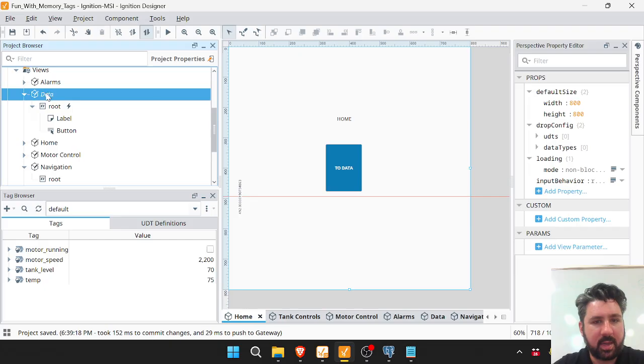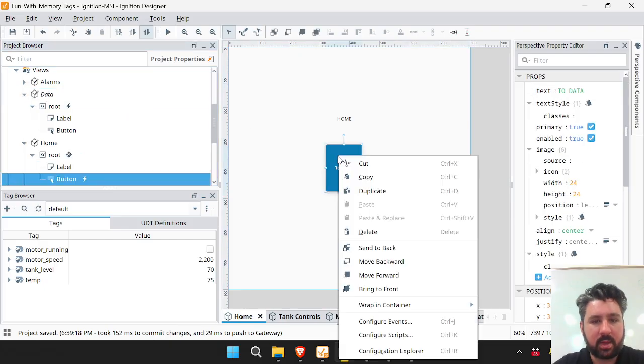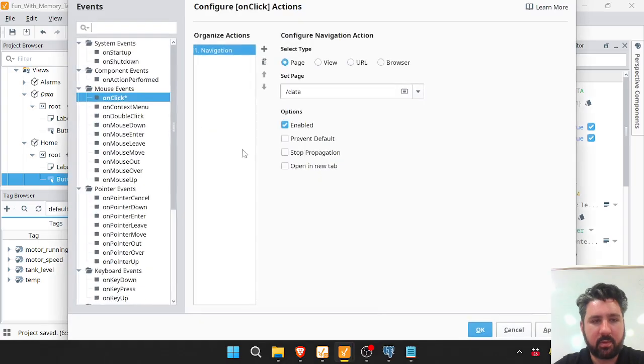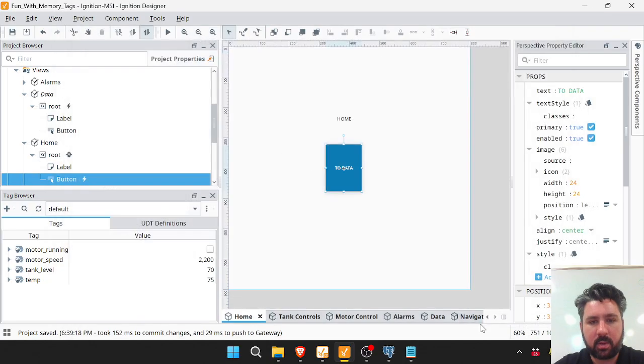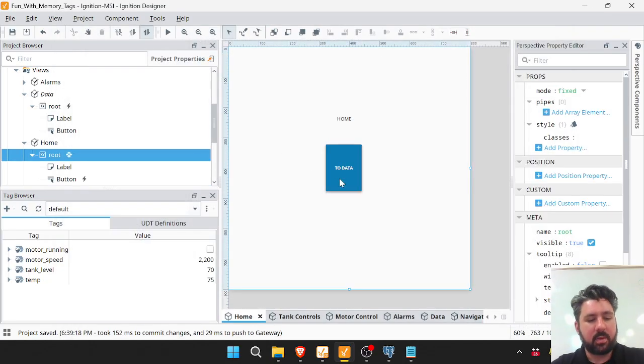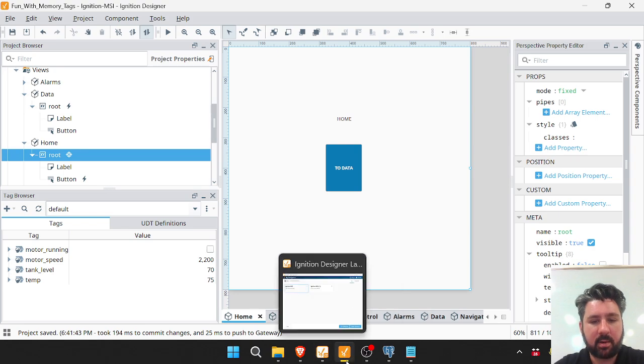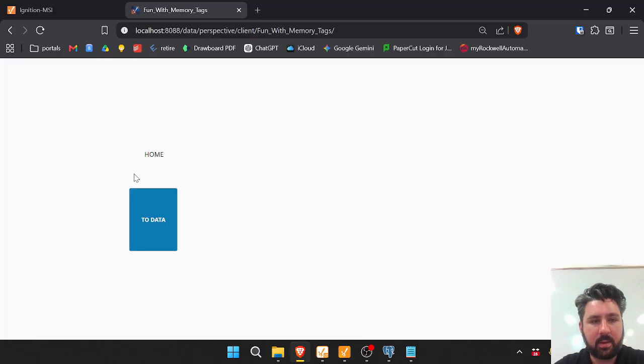Then I want to go to the data page, right click on the button, configure events, on click. It did take, I just need to change it back to the slash, which is the home page, and hit apply and OK. And then I'm going to save the project again. Saving is what's going to update it in our gateway. So if I go back, and now I can hit refresh,